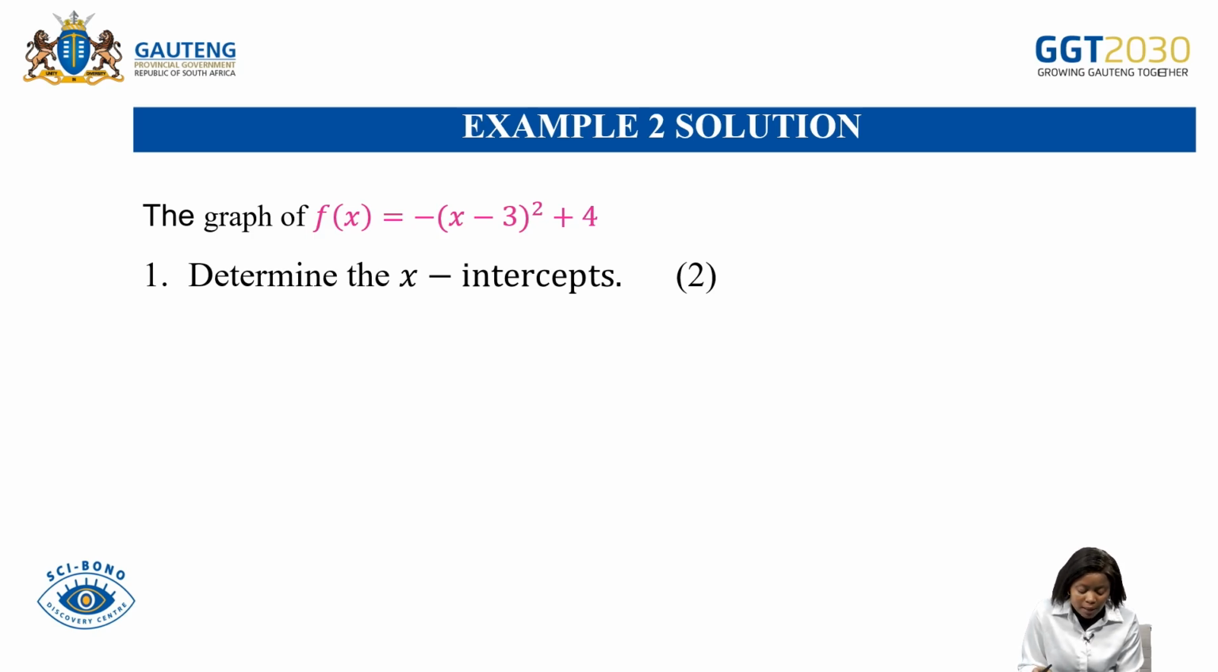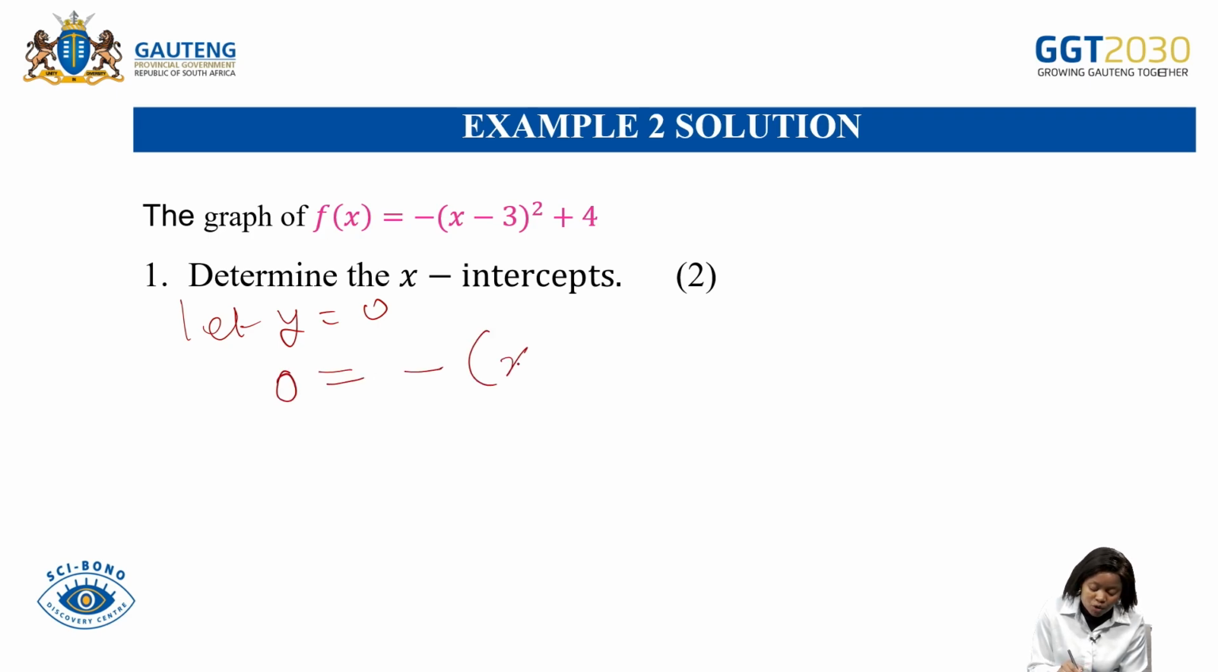Okay, and then let's look at the second question. It says we need to determine the x-intercept of that graph, right? So what are you going to do? You are going to say, oh, okay, the x-intercept, you need to let y be equal to 0. Then it means where I see y, I'll substitute 0, it's equal to negative into (x minus 3) squared plus the 4. So since I want to be left with x only,